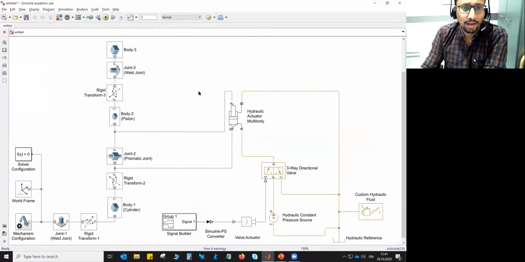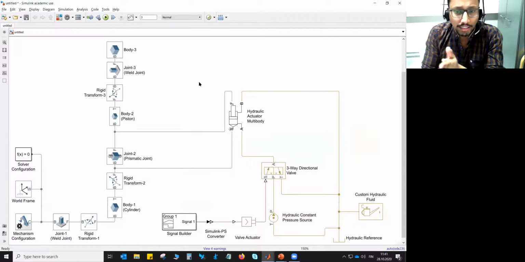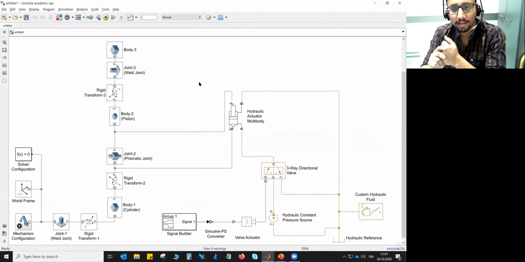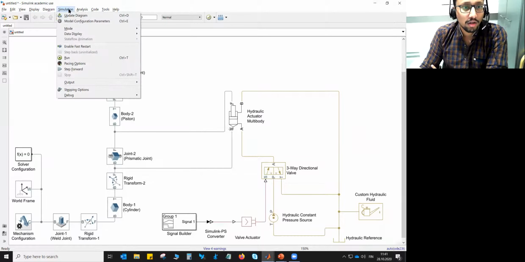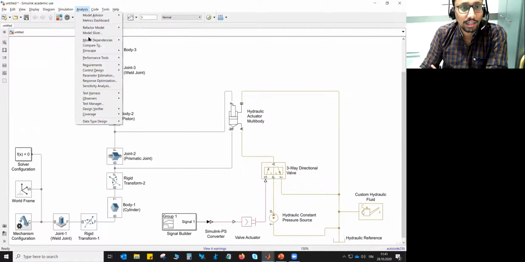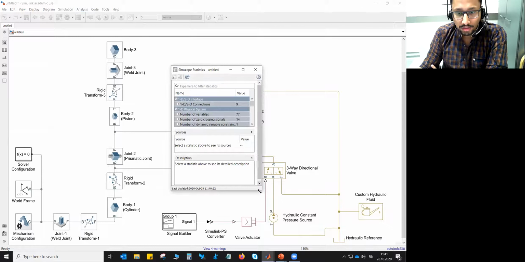But at this point of time, I'm very much interested to see how the pressures are in the hydraulic chamber, the piston side of the hydraulic chamber, or how the volume flow rate is, and also how the position and velocity of this prismatic joint are. But before that, it's always good modeling practice to go to Analysis, then Simscape, and see the statics viewer to see the degrees of freedom.